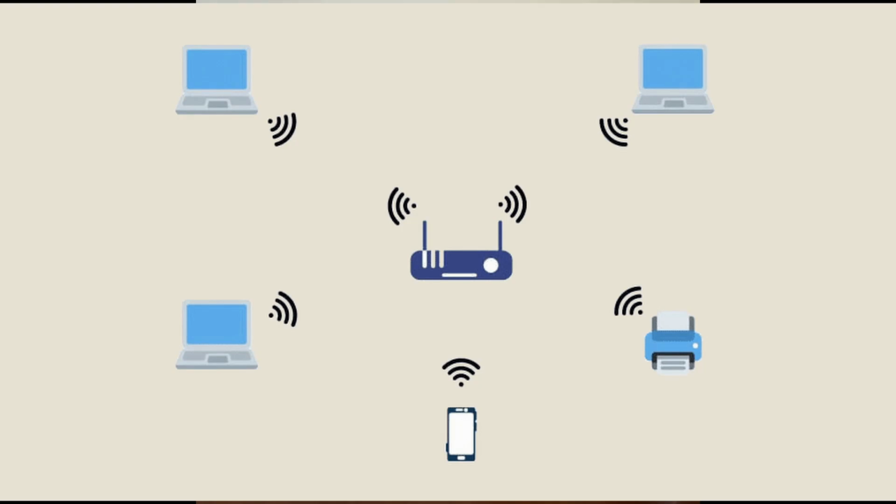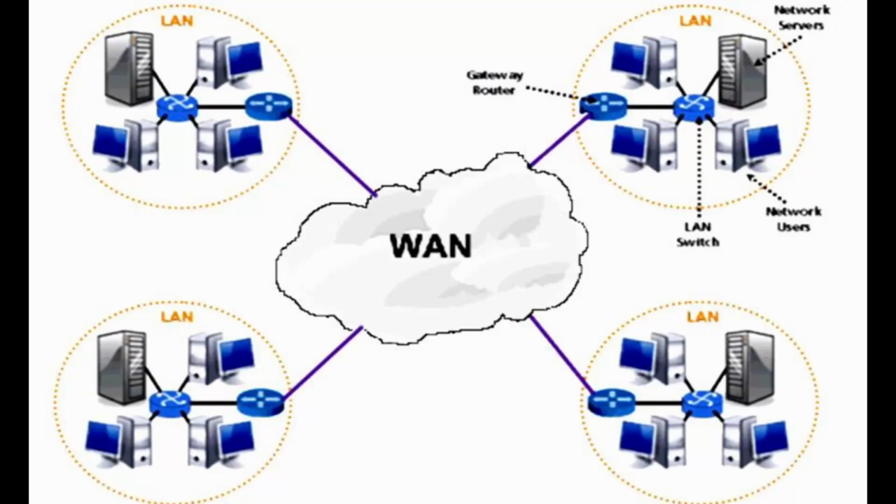The next one will be a wireless local area network, or for short, a WLAN, which we all know as your Wi-Fi. And the last one we will discuss in this video is your wide area network, or your WAN. A wide area network is multiple networks connected to each other, like the internet, or a large corporate company which